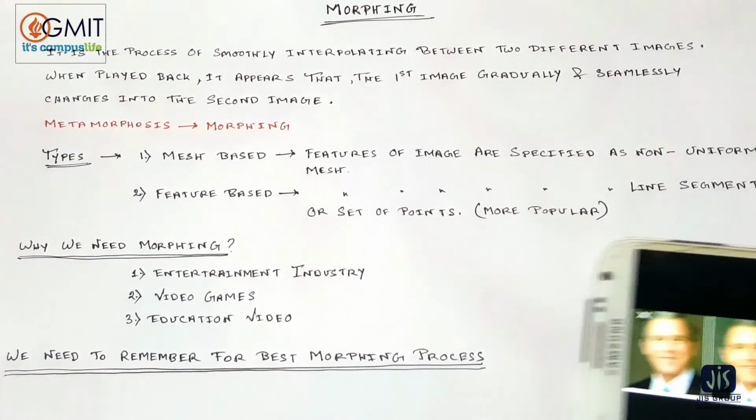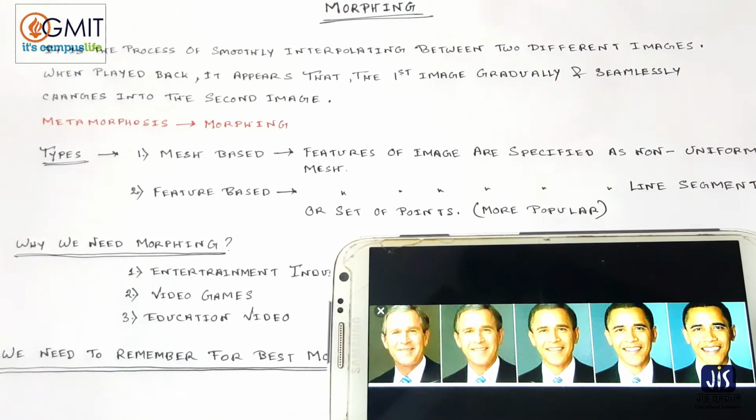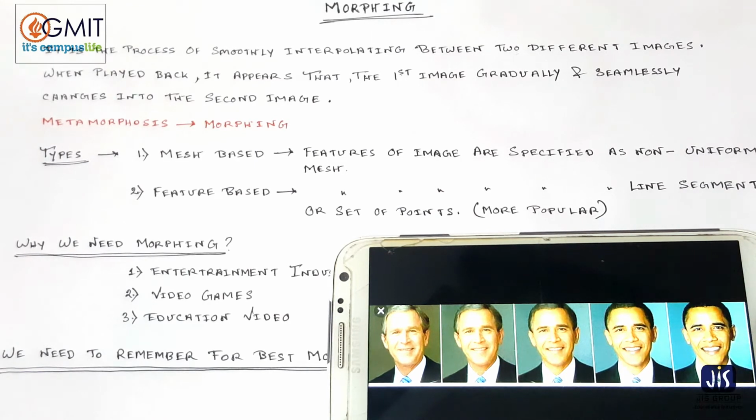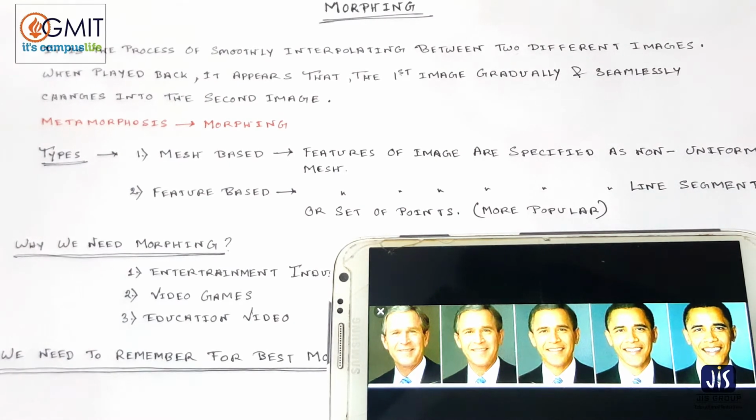Suppose, look into this, the background, you can notice the background is more or less the same, just the color is a little bit different, but it's the same kind of background, same kind of dress also there. So two points are very important. Number one, choose the picture wisely so that the image size must be equal for what you want to morph. And number two, selection of background. For best result, you should use the same background.